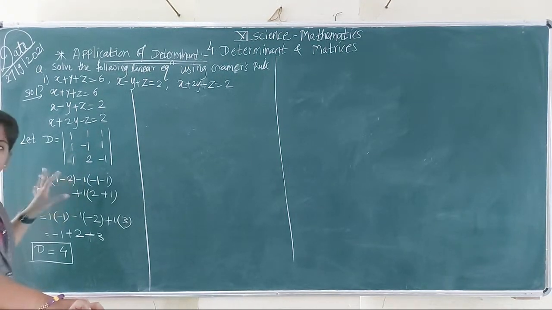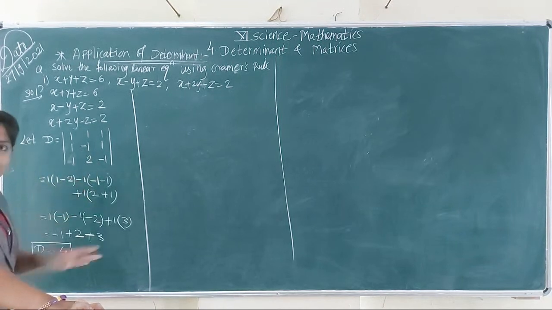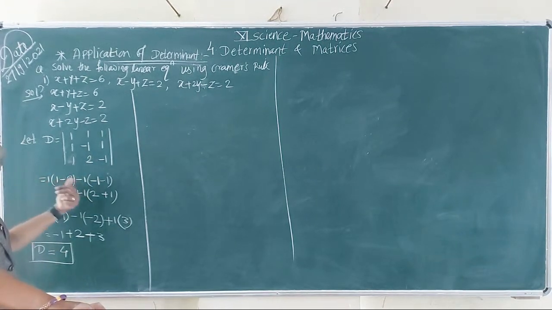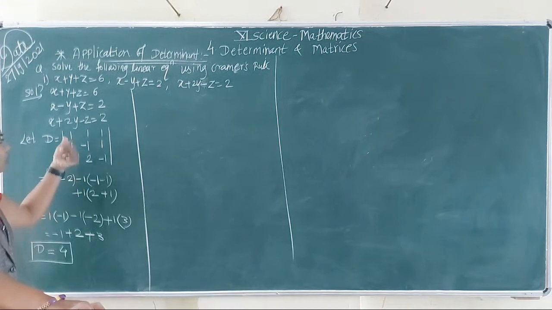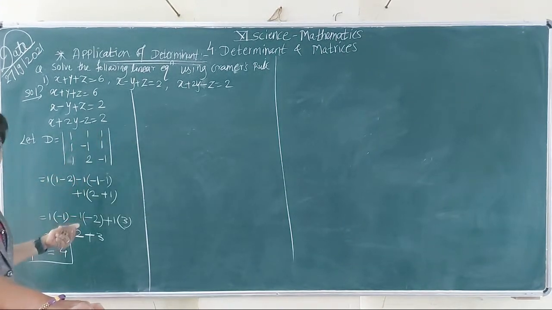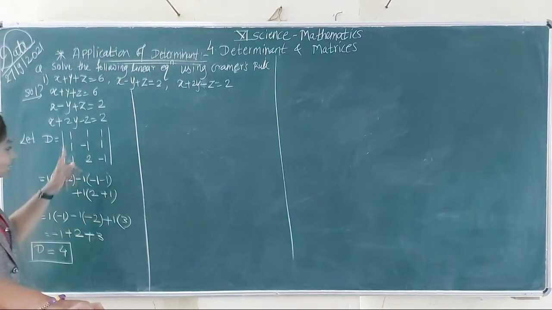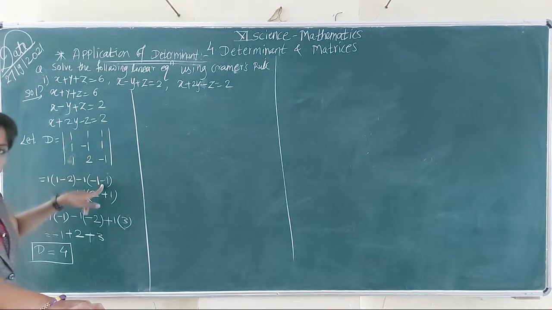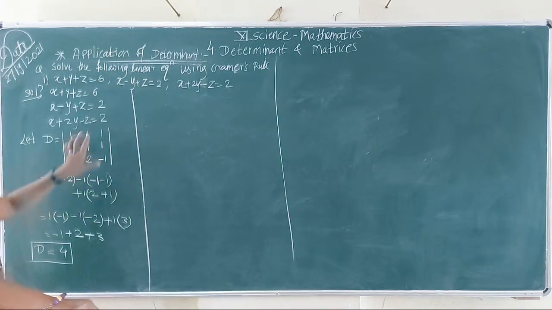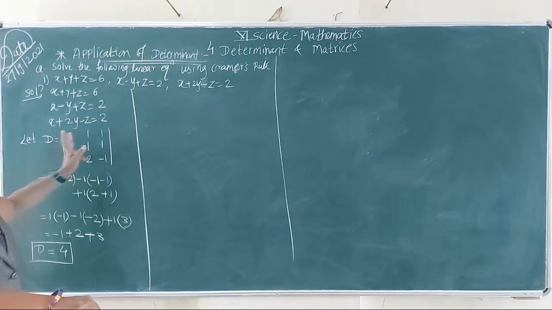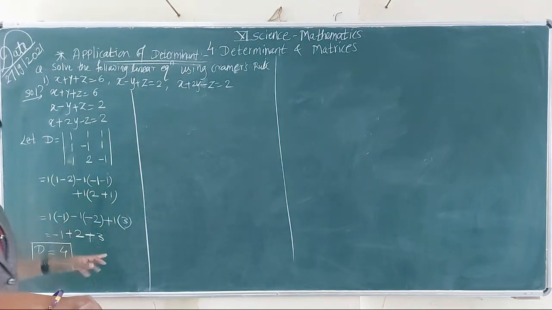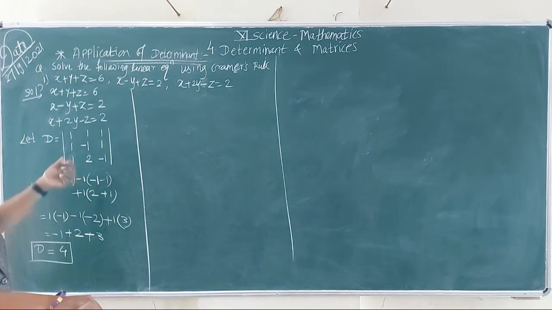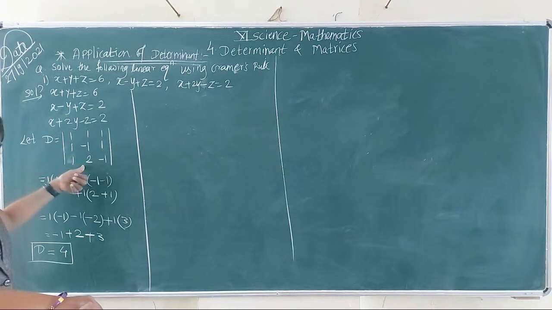sign लावले and 1 into 2 is 2, alternate plus minus sign लेना, so plus minus minus 1 into delete first row second column, so जे काय राहिलेले एलिमेंट्स आहेत त्यांचे क्रॉस मल्टिप्लिकेशन दिला, 1 into minus 1 is minus 1 and 1 into 1 is 1 but middle ला minus sign, that is minus 1 plus 1 into again delete first row third column, for remaining element take its cross multiplication, 1 into 2 is 2 minus 1 into